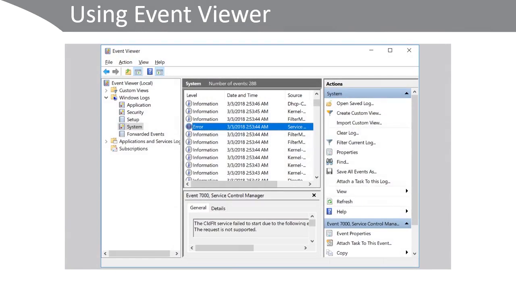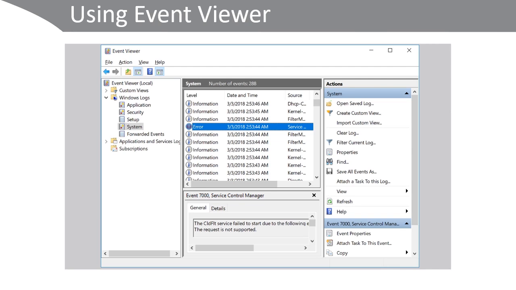A whole range of different tools you can use to help monitor Windows 10. The most obvious is Event Viewer. You can access this from Computer Management or by right-clicking Start. You can see here you've got the ability to customize views, to look at the default Windows logs of Application, Security, Setup, System, and I'll talk about forwarded events in a moment, and then the more detailed Application and Services